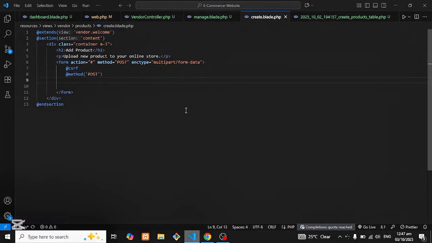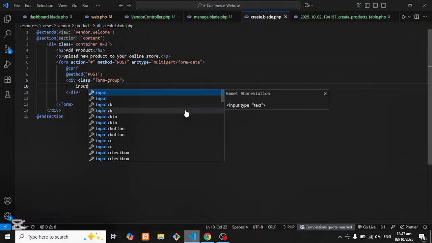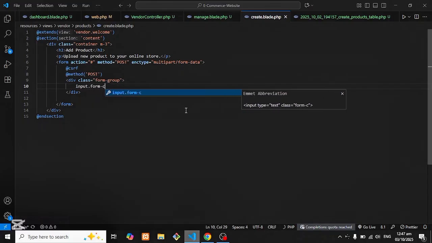Also we will have several input fields. So first of all, form group, then we will have input dot form input